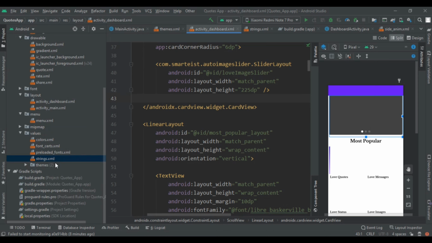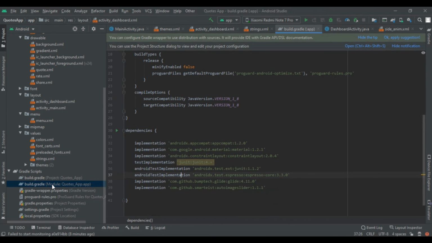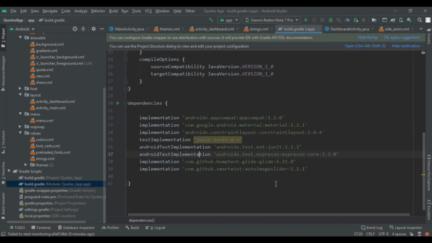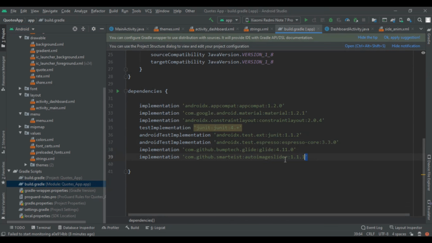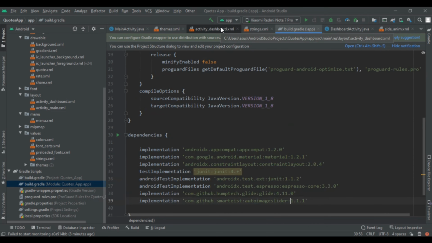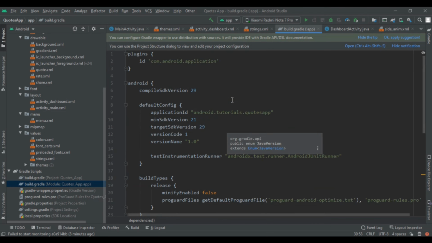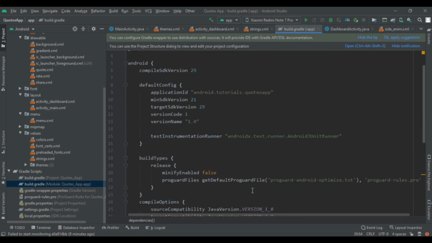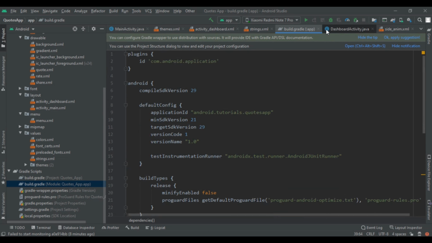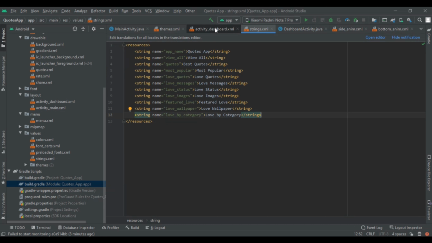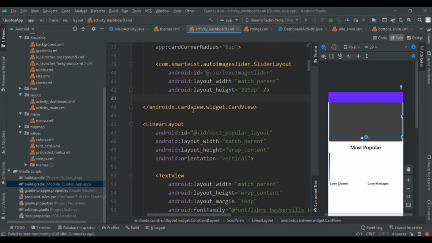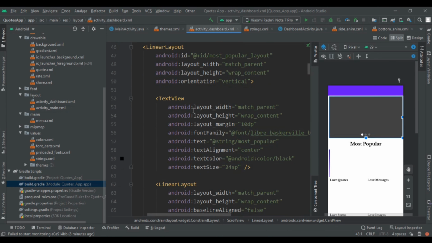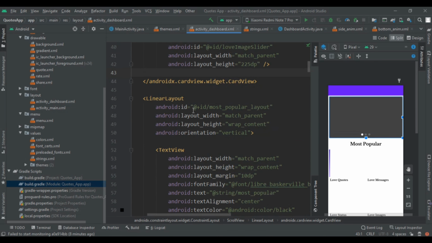That library name is smartest auto image slider library, and use this version of code to get the slider easily. Otherwise you have to create adapter, recyclers and many more things, but using our old version it is best. So you can watch that video to see the implementation properly, where I had explained how to implement auto image slider in dashboard.